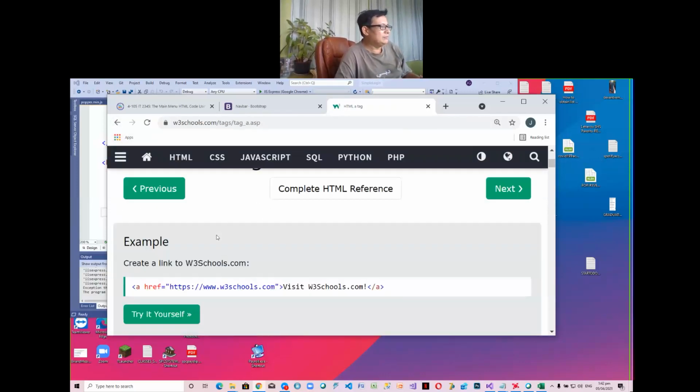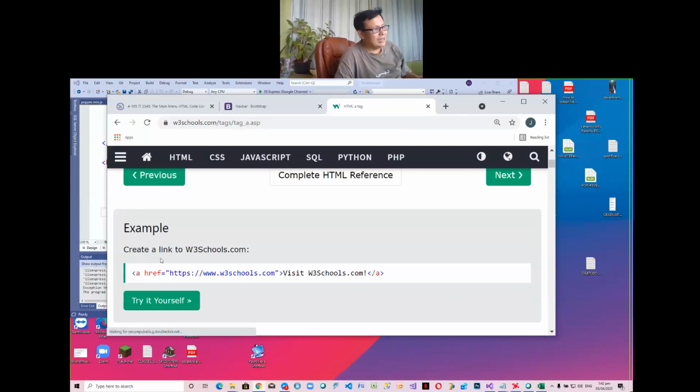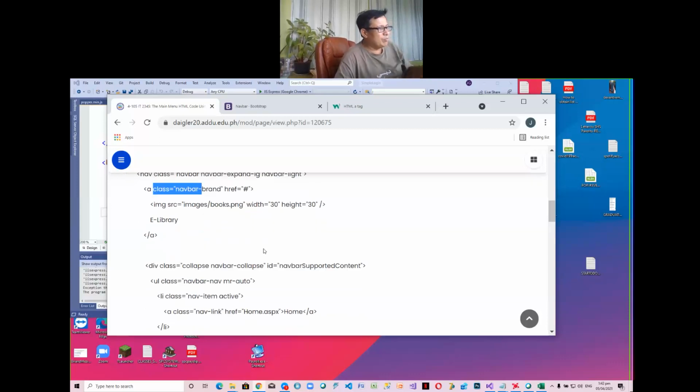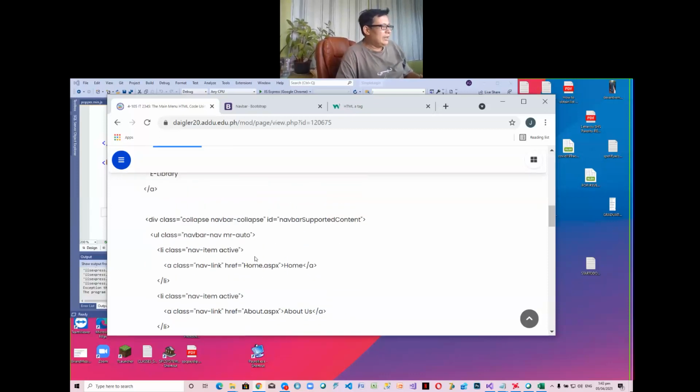Okay, href, it's really a link. Sorry, it's href. It's not just an a, it's really a link. So before we put the href, this means just no URL at all. We put a class navbar, so that when this image is clicked, it just points to nowhere. It just points to the same page. href, and then we have